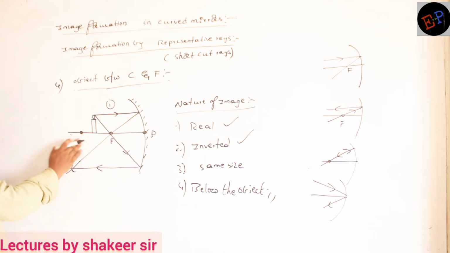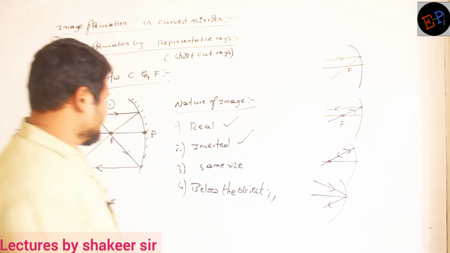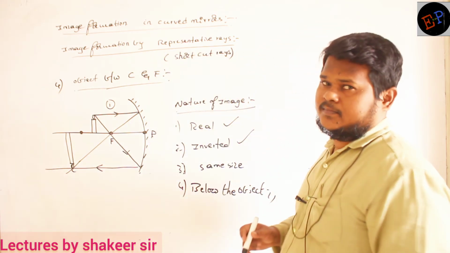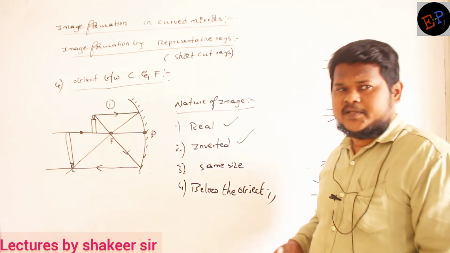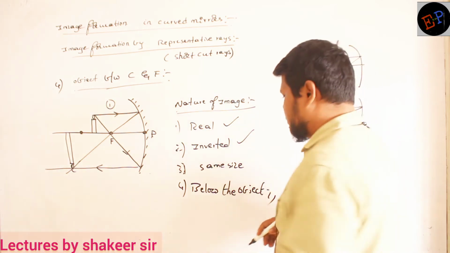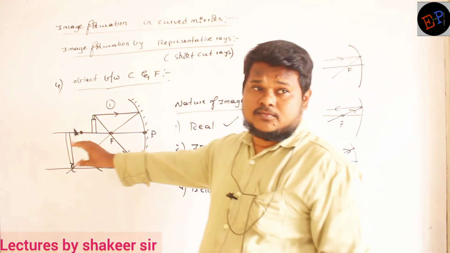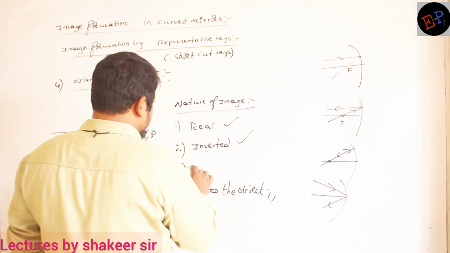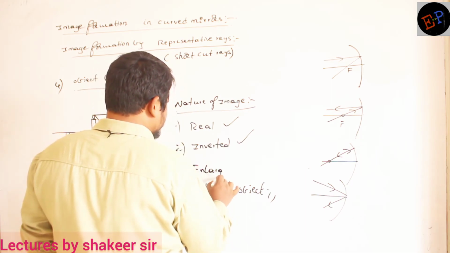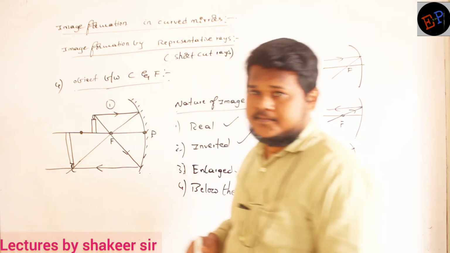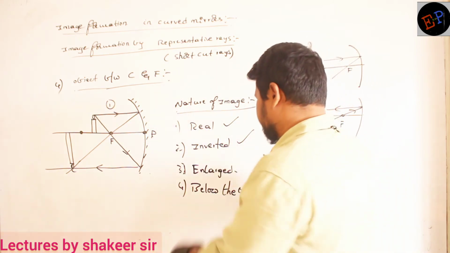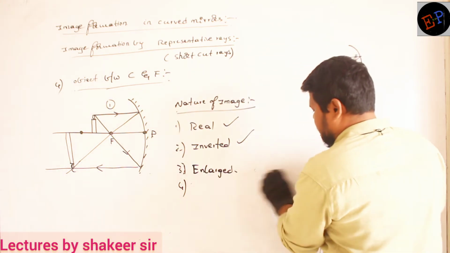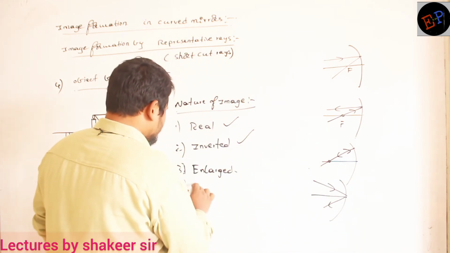Okay. Now see what is the position of the image. The image is created somewhere here. This is the image which is created now. Clear now? So therefore, now say the nature of the image. Real image, inverted image, size enlarged. Size has become more, no? Enlarged size. Okay. And where is it present? Beyond the center of curvature. Clear, no? It is present beyond the center of curvature.